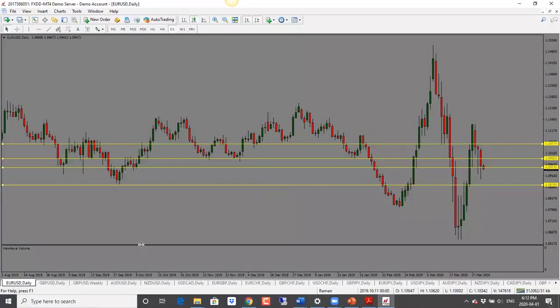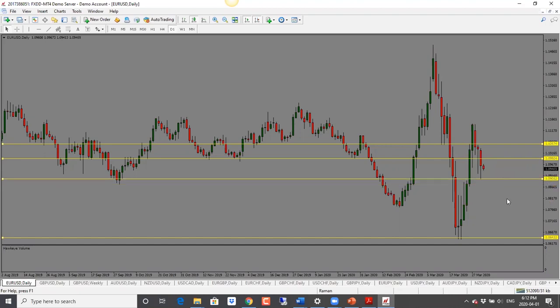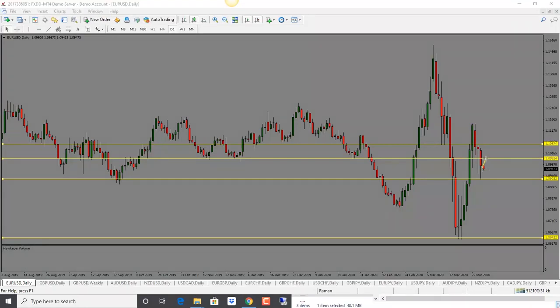Let's move on to our chart. We'll start off with euro dollar as usual. Here we see that price did decline today, and now we do have a bearish candle close. But as we can see, we've been getting these pins to the downside, so we do need to be careful. Right now, bias is still to the downside, and in this case, we could get a pullback potentially into 1.10, and then a drop if it holds below this number.